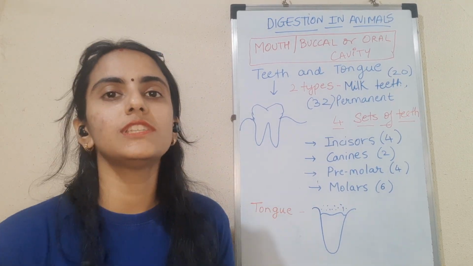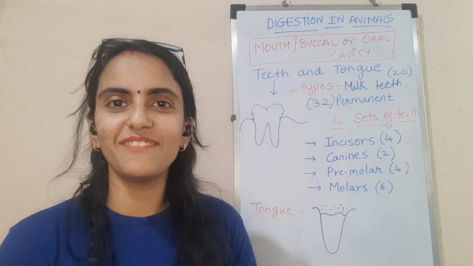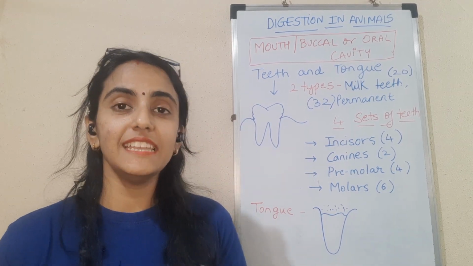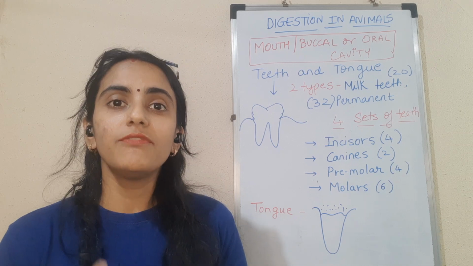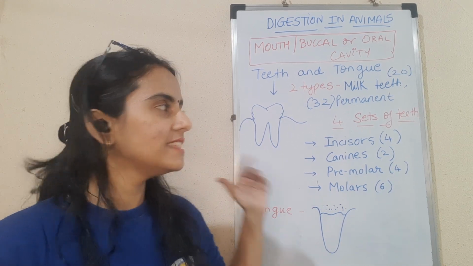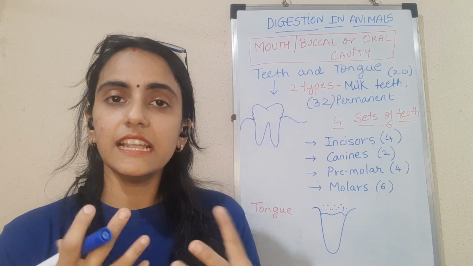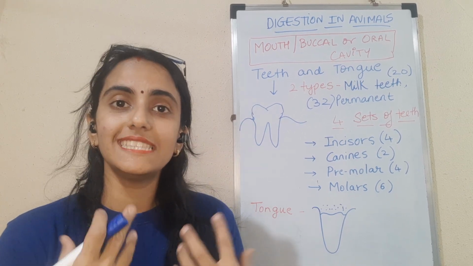So what is the teeth used for, apart from this lovely smile that we give? Yes, the teeth are definitely used for eating food, and the teeth are also used for talking, for phonetics, right? In speech, the teeth as well as the tongue help us in talking, in the words that we pronounce.